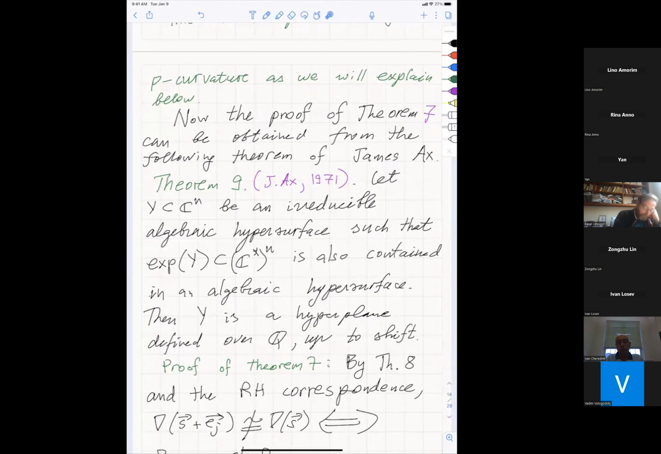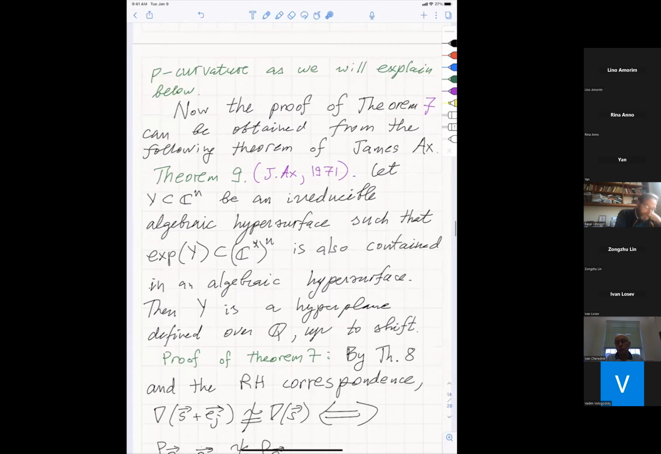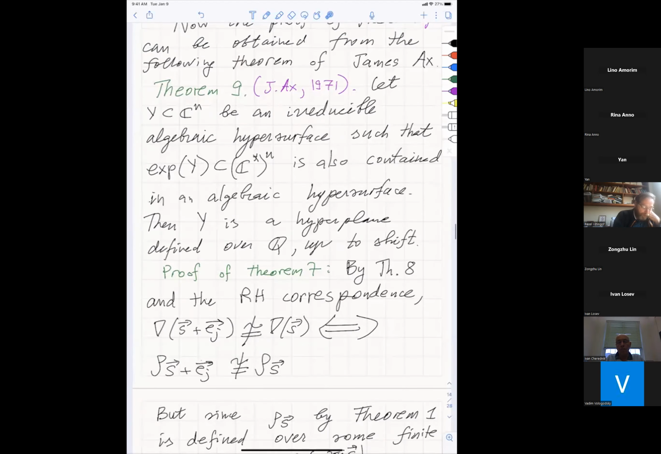So this is a very nice and rather easy theorem, so it can actually be proved on one page. But the proof of our singularity theorem is the following: by theorem 8, we know that our pencil has regular singularities. So by the Riemann-Hilbert correspondence,